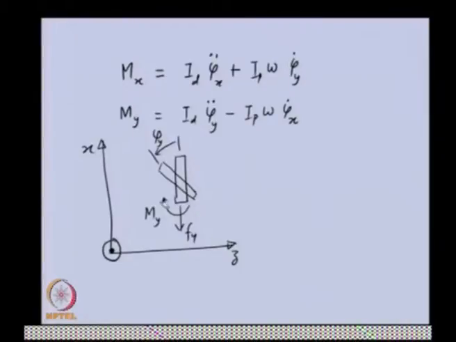This will restrict the motion of the tilting, and this is opposite to the y direction displacement. Fy is opposite to the y displacement. So we can write the equilibrium equation of this particular disc in the y direction, for force balance, this will be,